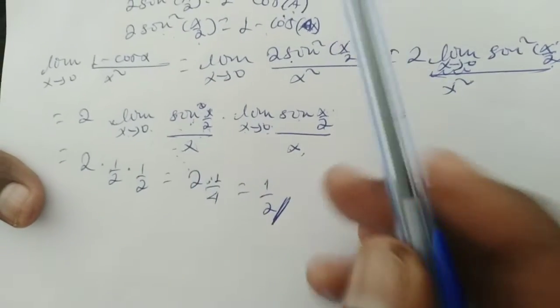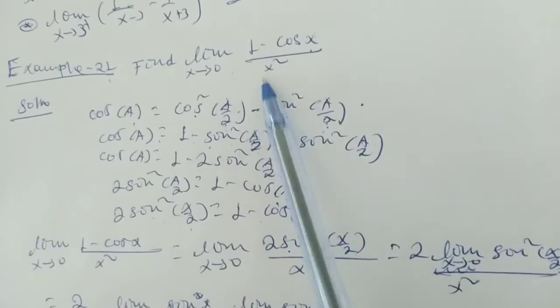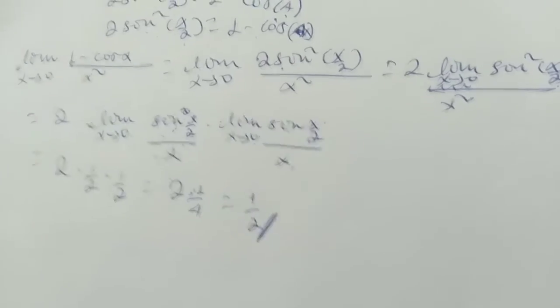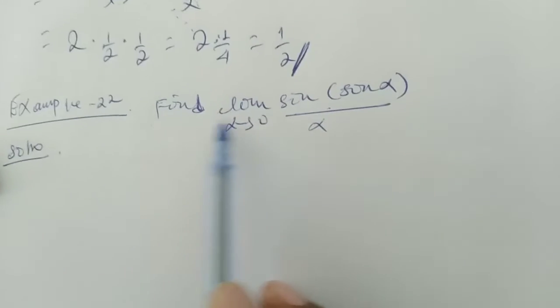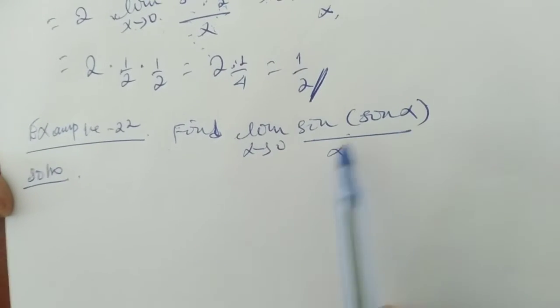ስለዚህ limit of (1 minus cos of x) over x square when x goes to 0 is 1 over 2 ነው ማለት ነው። ኦኬ Example 22: find the limit of sin of x over x when x goes to 0